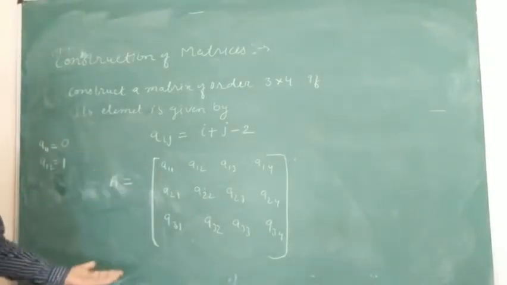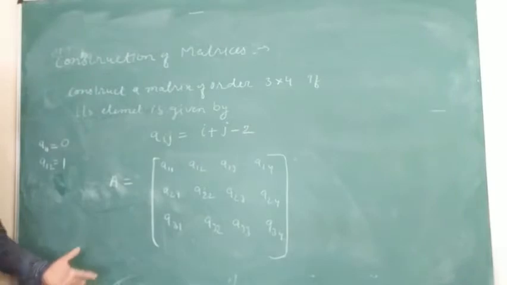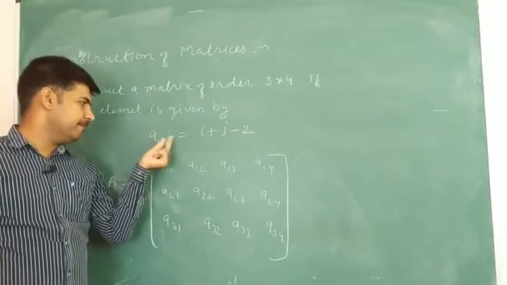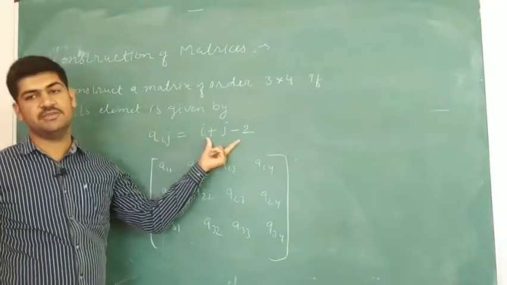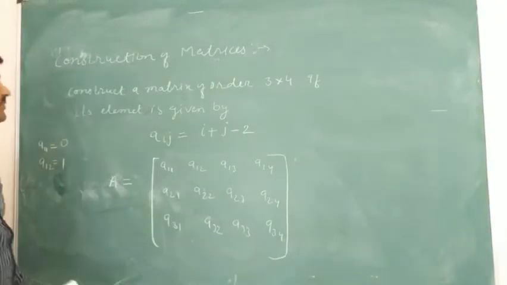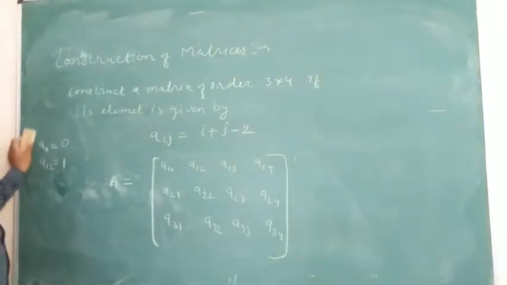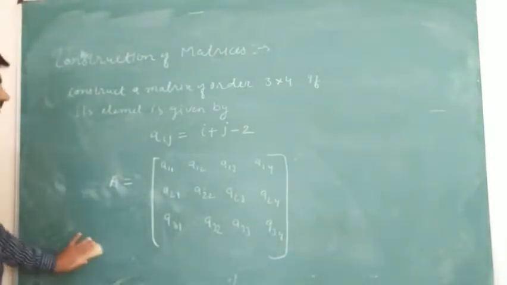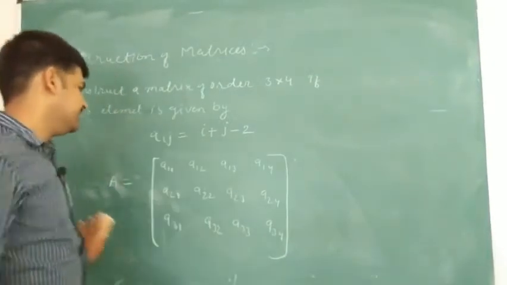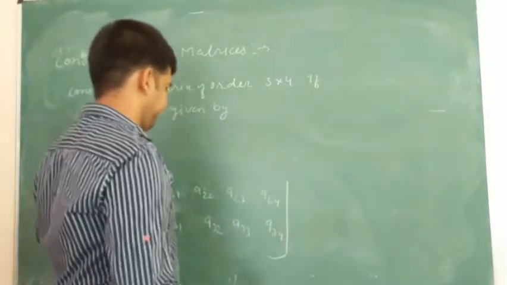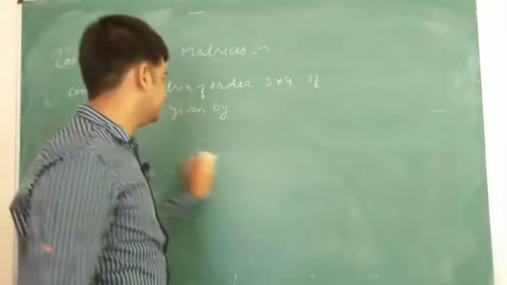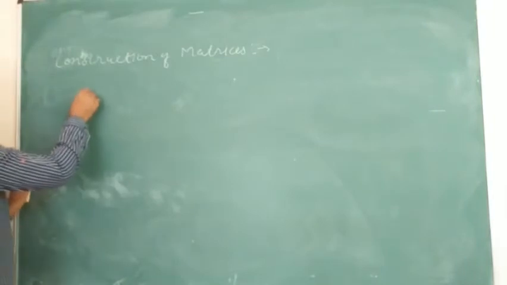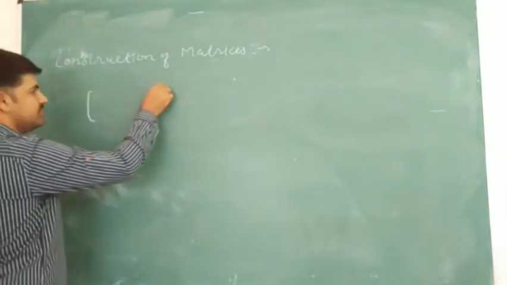So I hope you have understood how to construct a matrix if its arbitrary element is given by Aij is equal to some expression in terms of i and j. So that was the construction of a matrix. Now we can quickly take some examples of some different orders of matrices. Dear students, if I ask you to find the orders of these matrices,